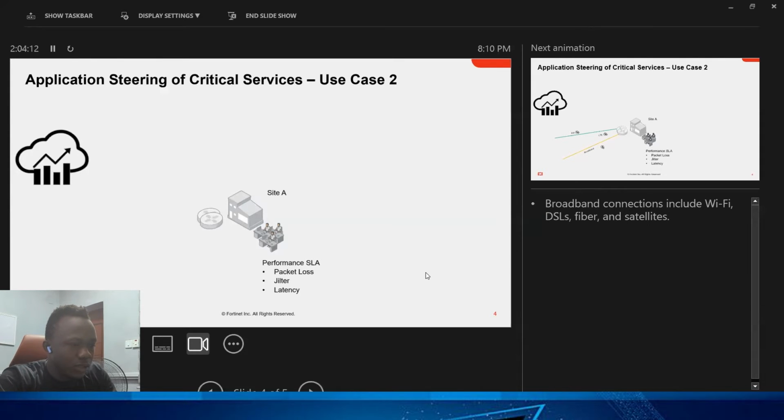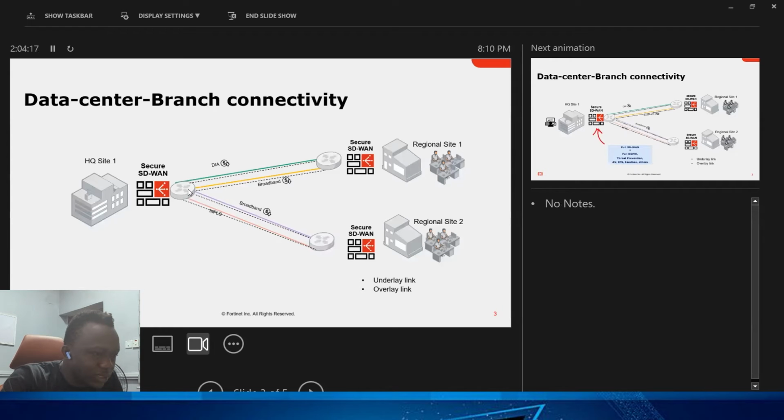Looking at this, let's say we are using this green link as our internet link and this yellow link as our MPLS link. These two links, green and yellow, have an IP address at both ends. So this tunnel as well. Creating a tunnel, which is the dashed line, you see beneath each of those links is the overlay link you're creating. So this link here, at this point here,